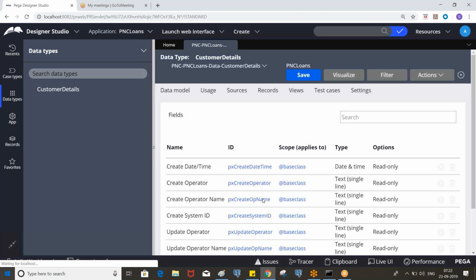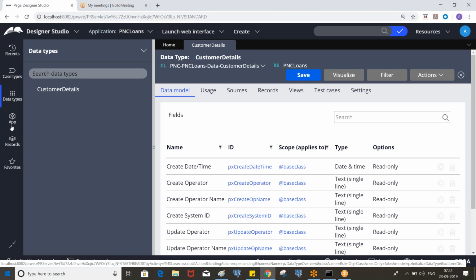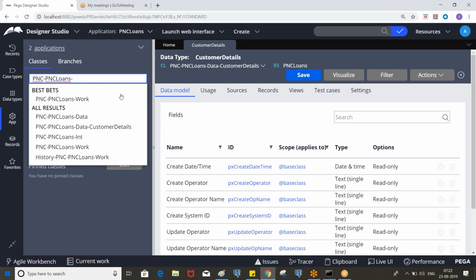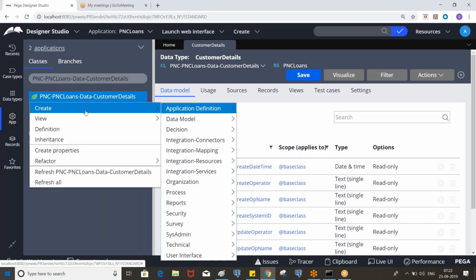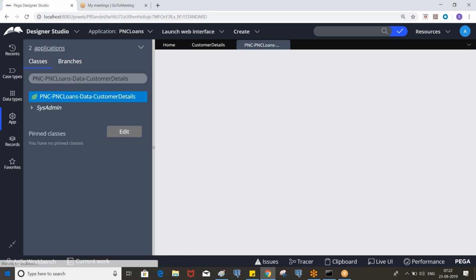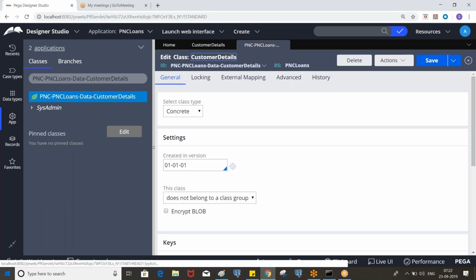So now, if you look at the data class, right click on this. It is a concrete class, because by using this class we are going to create the instances. And it is a does not belong to a class group.